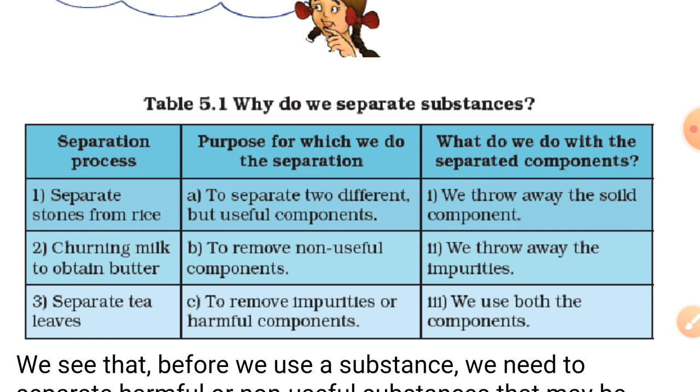Now, the substances to be separated may be particles of different size or material. These may be in 3 states of matter: solid, liquid or gas. So how do we separate substances mixed together if they have so many different properties? This chapter will deal with it. In this chapter we will study various separation techniques, various methods of separation one by one. So this was an intro of this chapter. We understood what we are going to study.